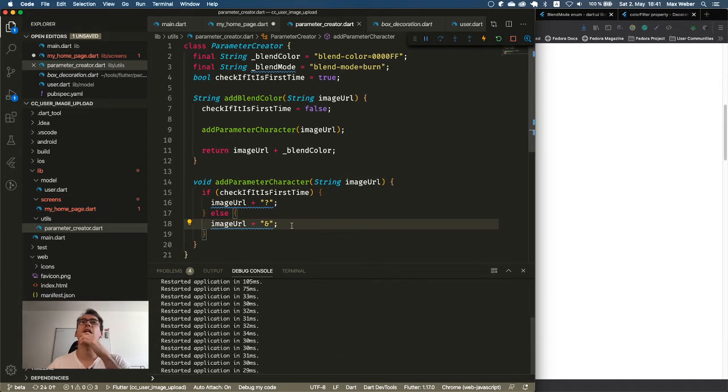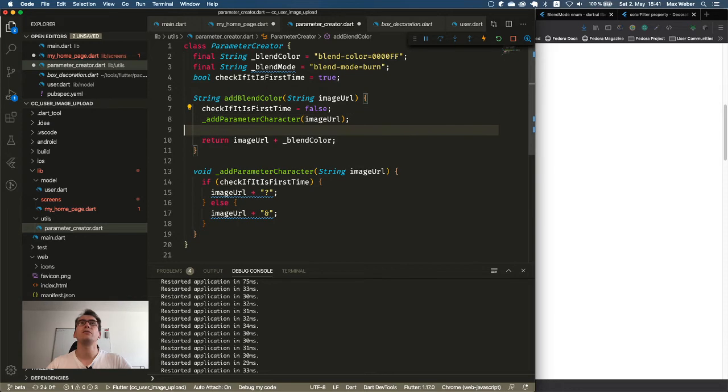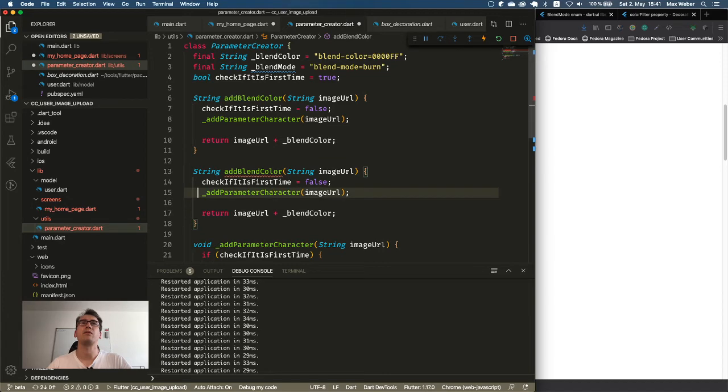And also here. So now we can mutate this one because we tell the next developer that we add really that one. And this can be a private method because it stays here inside this class. So whenever we call now one of these methods that we will have in the future, we can add that stuff and we just call that in multiple ways. So for example, add blend color, and we have the add blend mode. So I call that again, I add the blend mode. And why I'm doing this so complicated, I will show you in a second, because we can do something very cool with that.